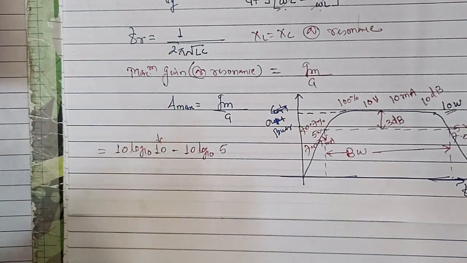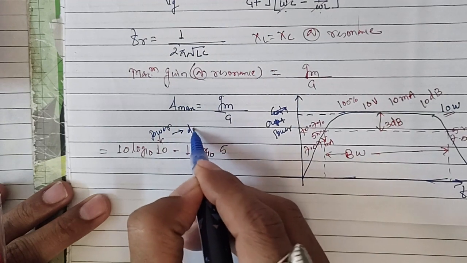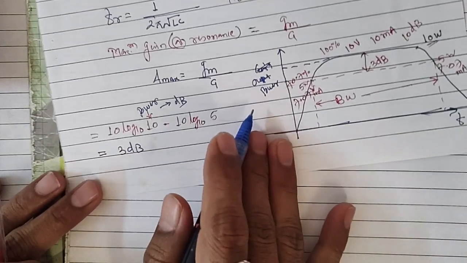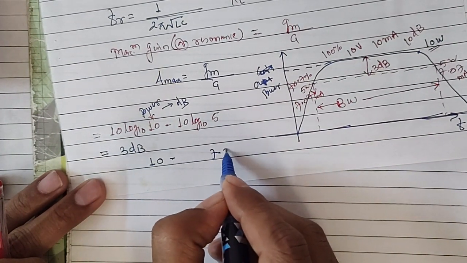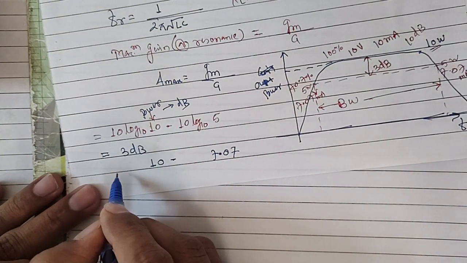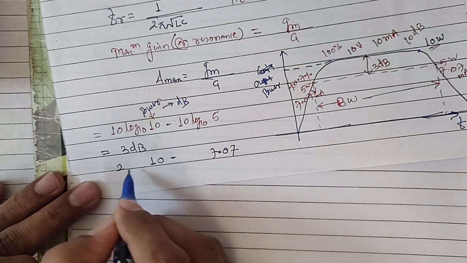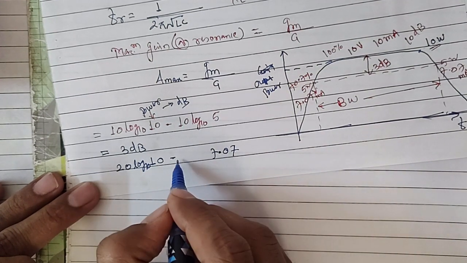Solving this, converting this power into decibels, it would become 3 dB. Similarly, if you have voltage, let us say 10 volt, 70.7% of that is 7.07. Convert this into the decibel value. While converting voltage or current, we multiply with 20 log base 10 of that voltage or current value,